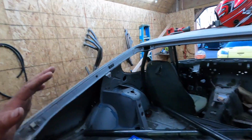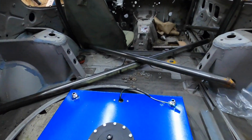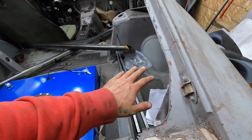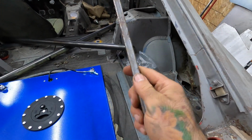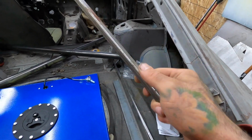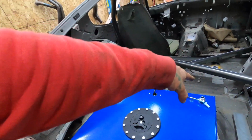All right guys, so something happened with the camera. I wasn't recording when I did this, but we have everything where I want it. Now the next step is to actually cut out the braces, and I was going to use this stuff that I had laying around. It's probably 1/2 inch square, but just because this is a 15-gallon tank, it's going to hold a bit of weight. I think I'm going to pick up some angle iron just like this and run it on both angles, just so it just has a fully